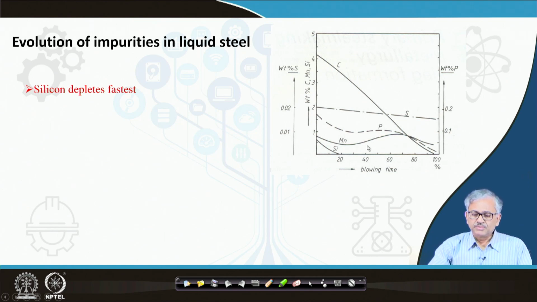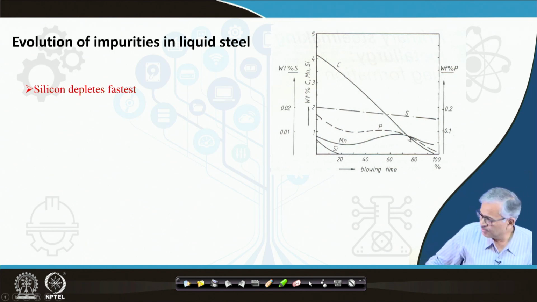As a result, the manganese in the metal phase increases. So, you can find there is a hump, that is manganese is increasing in the metal phase. And at the latter stage, when the oxidation potential of the slag increases, because at the latter stage when the impurity becomes very low, then with the blowing FeO builds up again in the slag. So, oxidation potential increases, and then again because of the oxidation potential increase, that is the MnO, you can